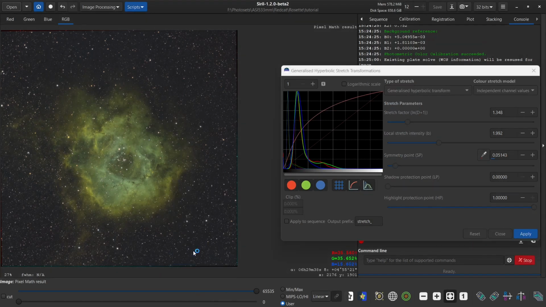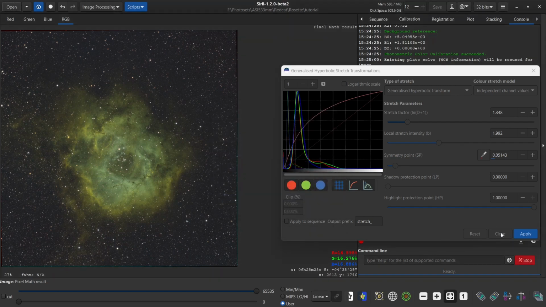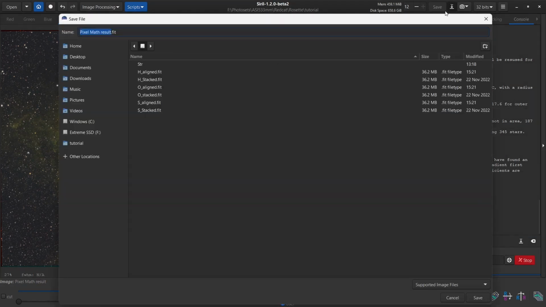And I'm going to go right click in statistics. Okay, we're stretched medium high here, 12,000. Or we can go normalized. It's 20% mean, 15% median luminance. But that's a pretty good level for extracting a star layer from. So I'm just going to hit apply. Then we're going to export